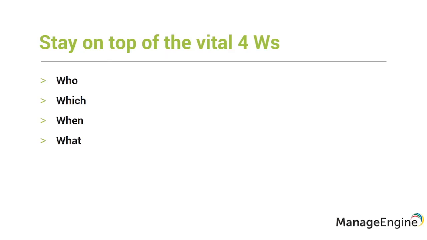Like you need to track all important changes being made to important objects. This could be your files and folders. And the same idea extends to your other Active Directory objects as well, be it your users, your groups, your computers, your group policy, your password policy, everything. This is where the four vital W's come into the picture. You need to know who made the change, which object was changed, when was the change made, and what the new value is versus what the old value was. That is, you need to compare the two values.